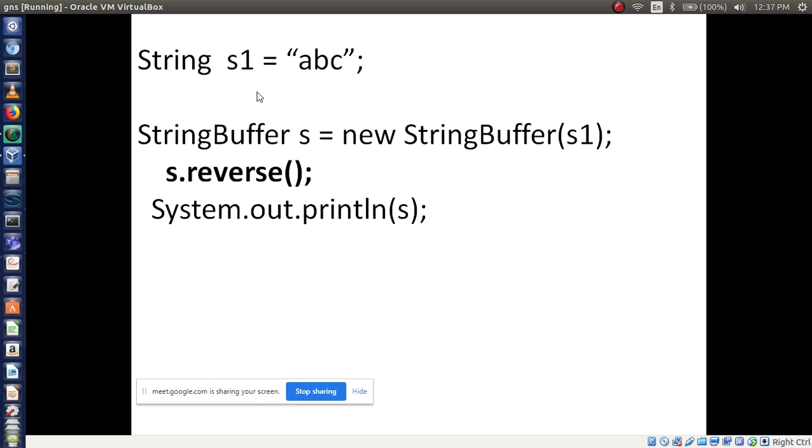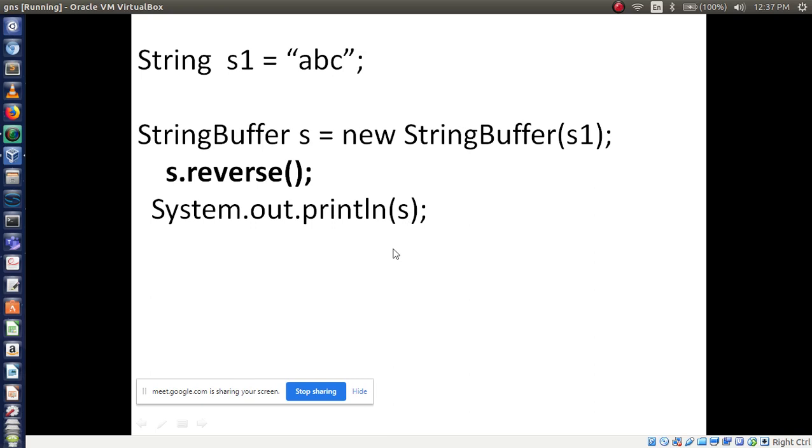Now I am using this S1 in StringBuffer. StringBuffer S is equal to new StringBuffer. In previous examples we have used direct values within double quotes, but here I am using a reference variable S1. Now I am making this S dot reverse. S dot reverse means what? S has the value S1. What is the value of S1? S1 has ABC. Now I am making this reverse operation, then I am printing it back.